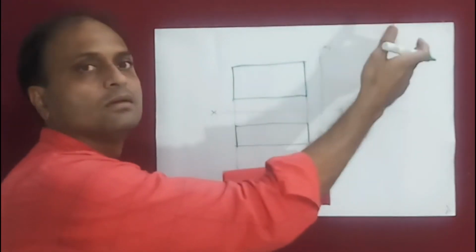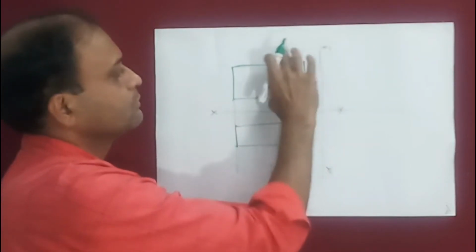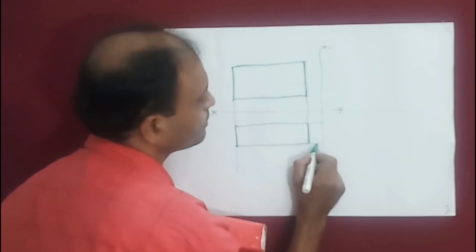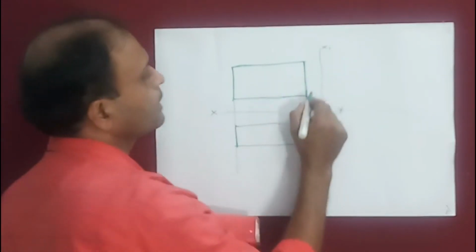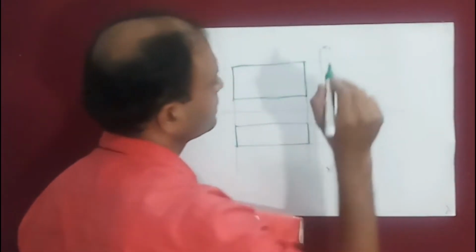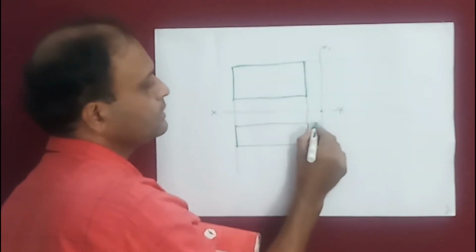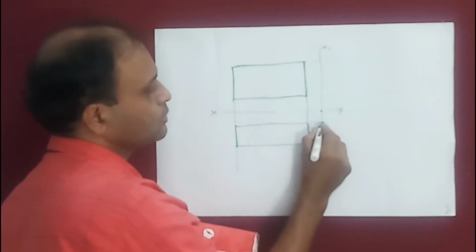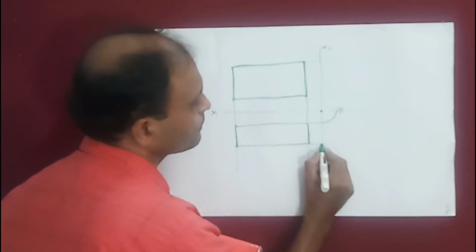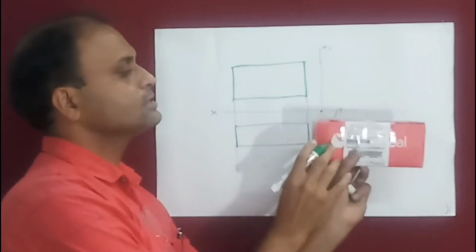Now to draw the left hand side view, which we are going to draw on the right hand side of this front view, we have to draw horizontal projectors from the top view up to X1, Y1. Draw horizontal projectors from the front view, something like this. Now with the center at the intersection of XY and X1, Y1, and this much radius, we have to draw an arc. Again with the center and this much radius, draw another arc. Now we can see what you will get inside view.